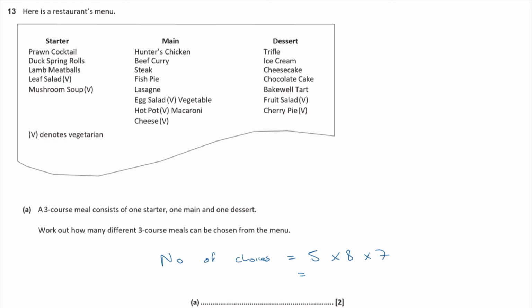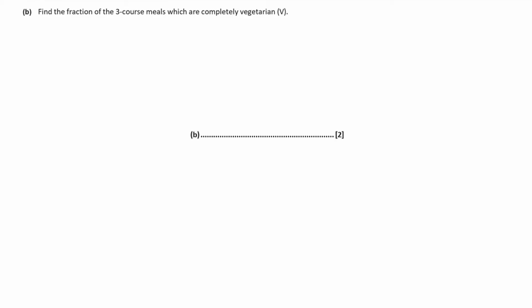So what's 5 times 8 times 7? That comes out to be 280. So there are 280 different combinations that I could choose from that menu. Okay, spoiled for choice. Right, now part B says